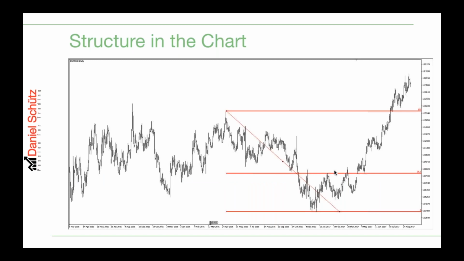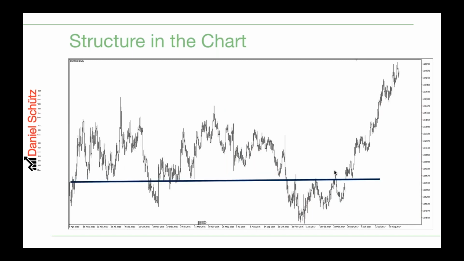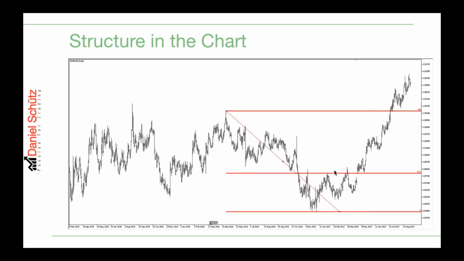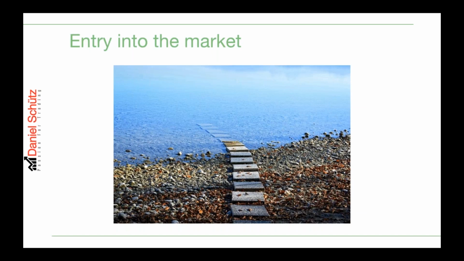Often a horizontal structure level coincides with a Fibonacci level. That's what I painted in here. As we see in this example, I think it's a 38% Fibonacci level, and the horizontal structure line coincide at the same level. If I go back one step, we see the blue line here, we see the Fibonacci level, and that's at the same basis. So sometimes it can be a combination of structure level, of prices, of round numbers, of significant Fibonacci levels. That's a structure level, and we should pay attention to it if we trade markets, especially if we